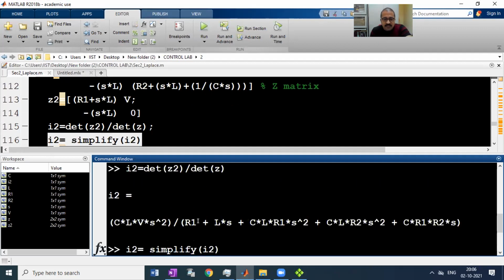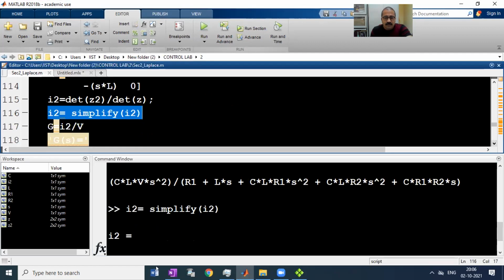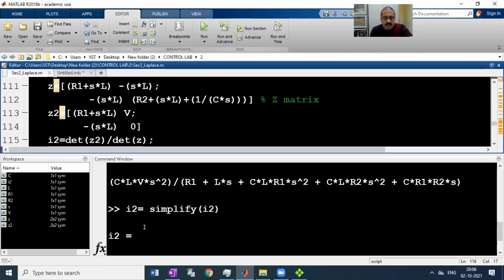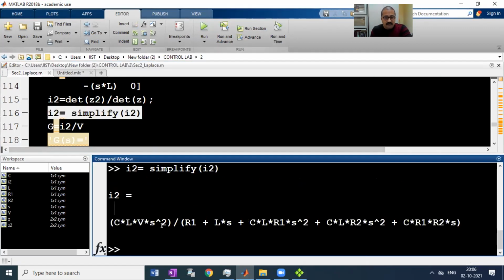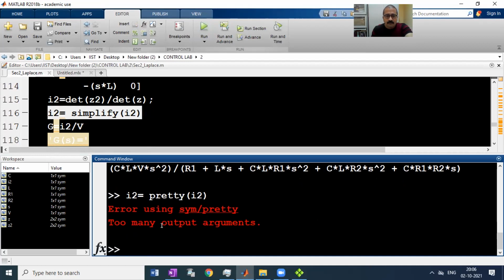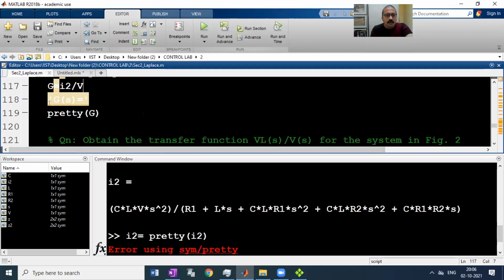I think in this version, simplify will not have any effect actually. So let me see whether pretty will work or not, because as I told you before, with the version, some commands become obsolete. Let me see if pretty is working. No. Now I am declaring G equals this thing.